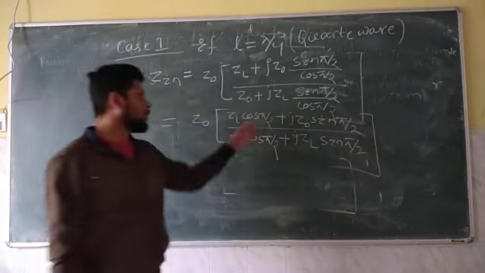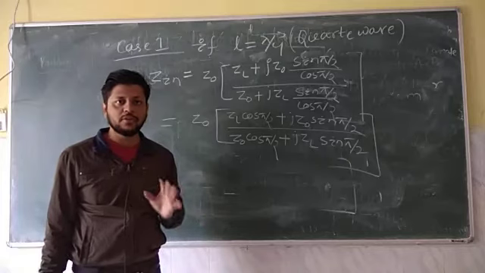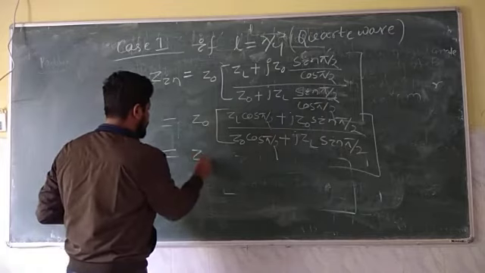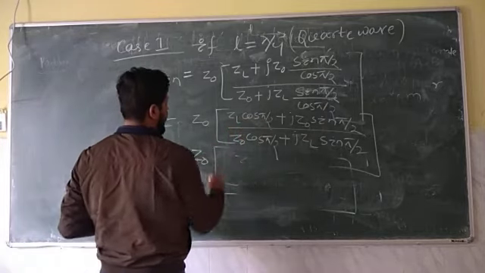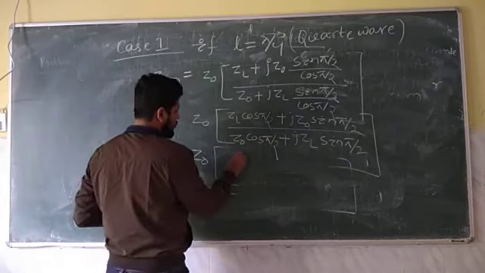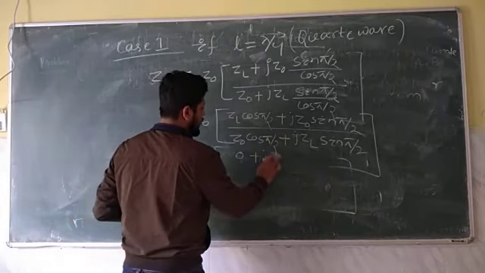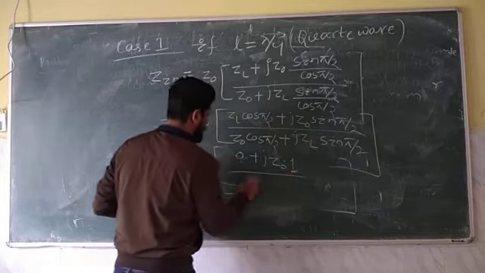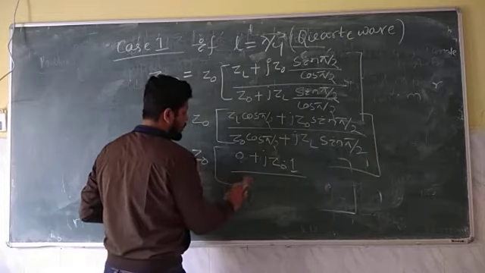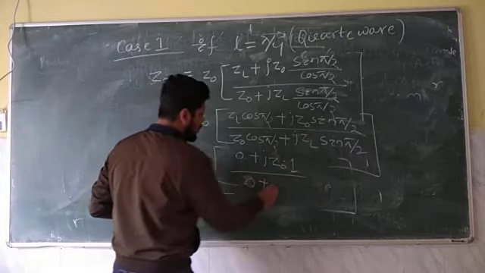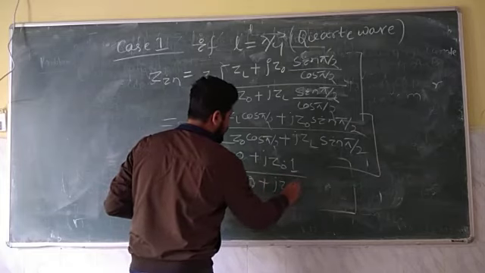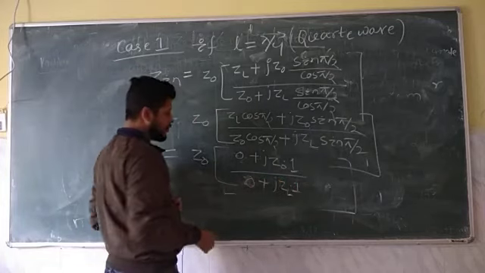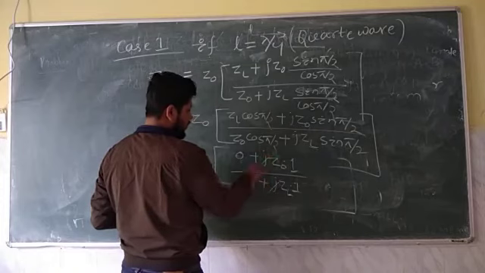What is the value of cos pi by 2? Means cos 90. Cos 90 means always 0. Sin 90 is 1. So putting that value, Z0 ZL into cos pi by 2, so cos pi by 2 means 0. So we have 0 plus jZ0 sin pi by 2, means 1, divided by Z0 into cos pi by 2, cos pi by 2 again 0. So the entire term will be 0 plus jZL sin pi by 2, means 1. So this is obviously 0 plus something, always equal to that value. So here j got cancelled out.